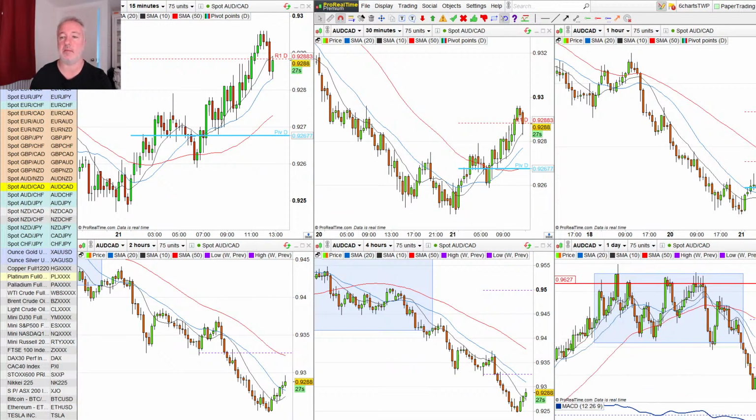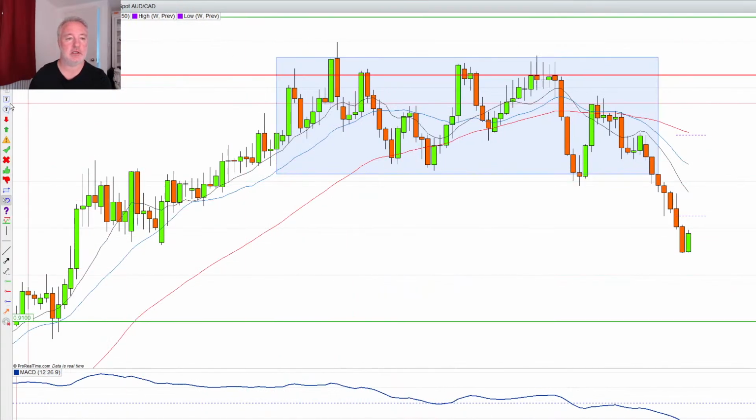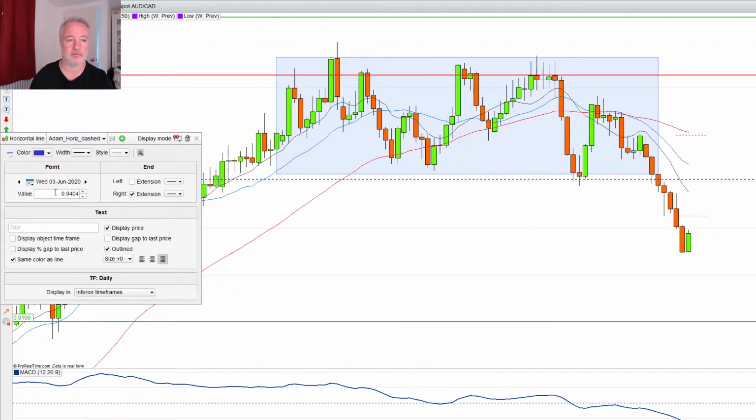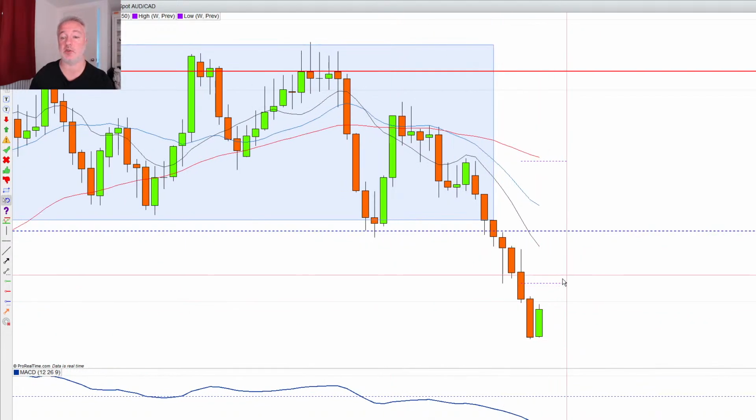So if I marked that level gently, if I just threw in a little thing there, maybe a round number, 0.94 will do. I did that. That gives me an area where I'm looking for it. So if this does ultimately turn into a swing low,